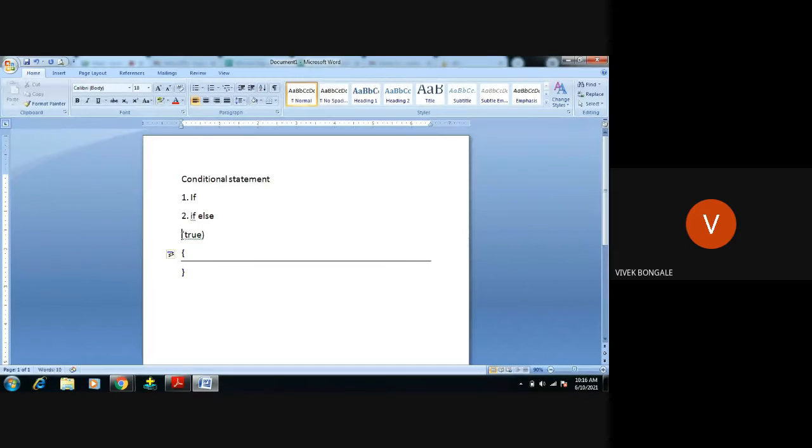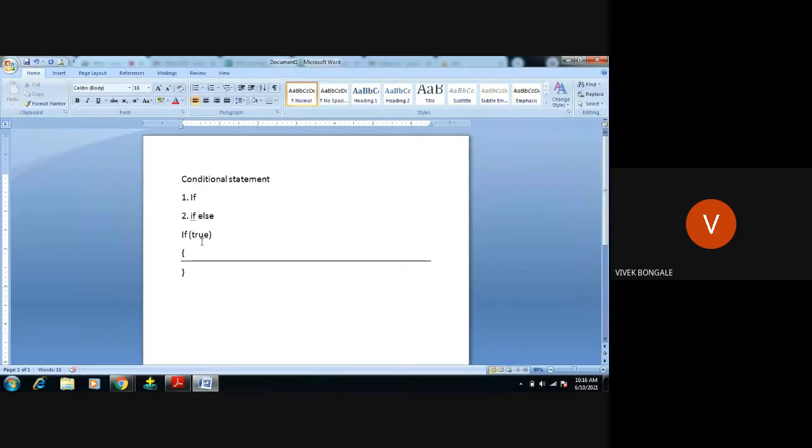So I explain here, if is the keyword, followed by a condition. If this condition is satisfied, then the block of code we have written under this curly bracket will be executed.